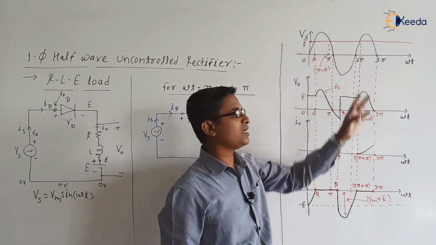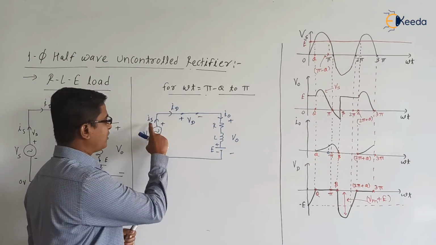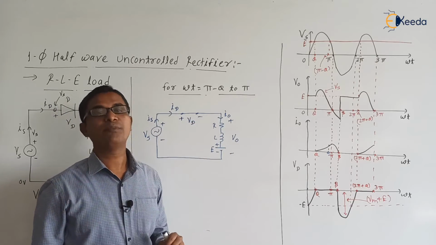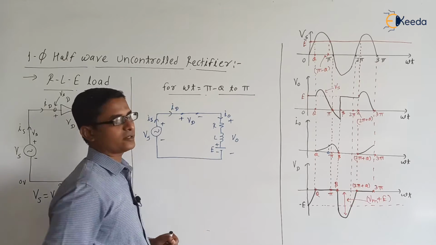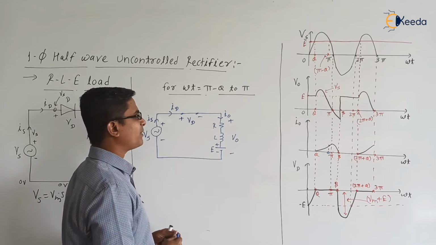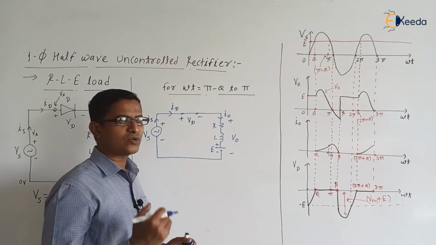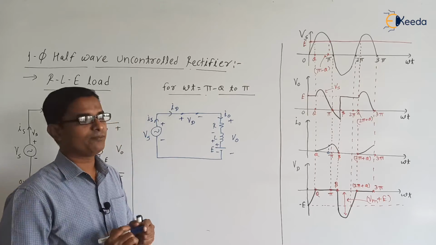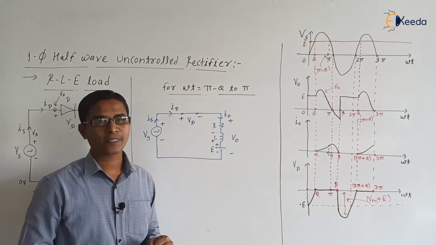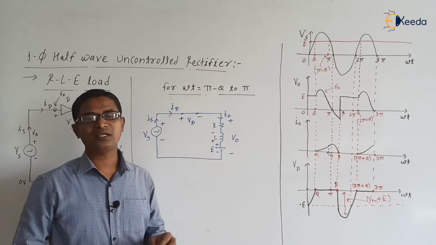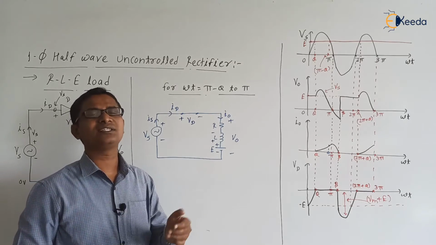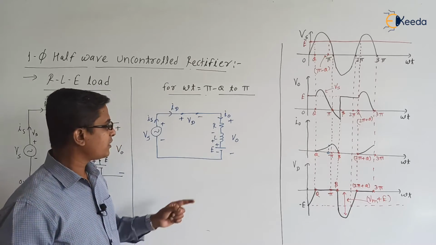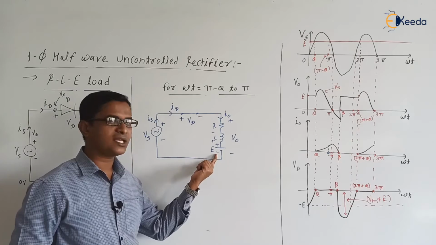After pi minus theta we are having Vs less than E, which means the Vs magnitude is less than that of E. That would cause the diode to be reverse biased. But here we have the inductor, so whatever energy the inductor stored from omega t equal to theta to pi minus theta, the inductor will release. Please be careful and check the polarity of the voltage across the inductor. The polarity is reversed. Why is the inductor releasing the energy? Because the inductor opposes the sudden change in the current, so it releases energy in opposition to the EMF E.